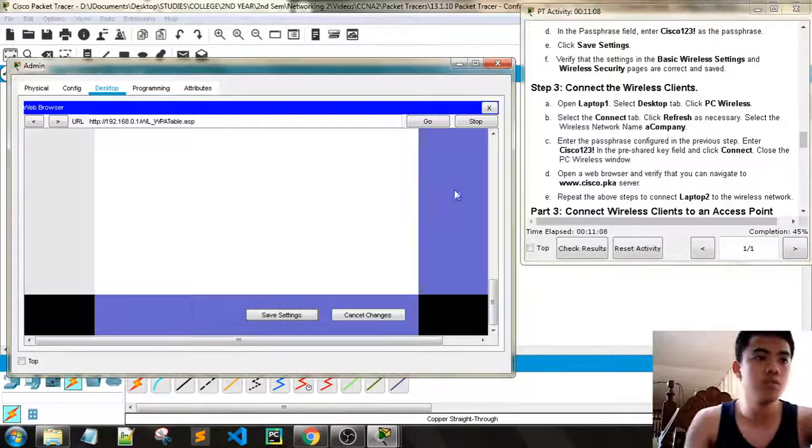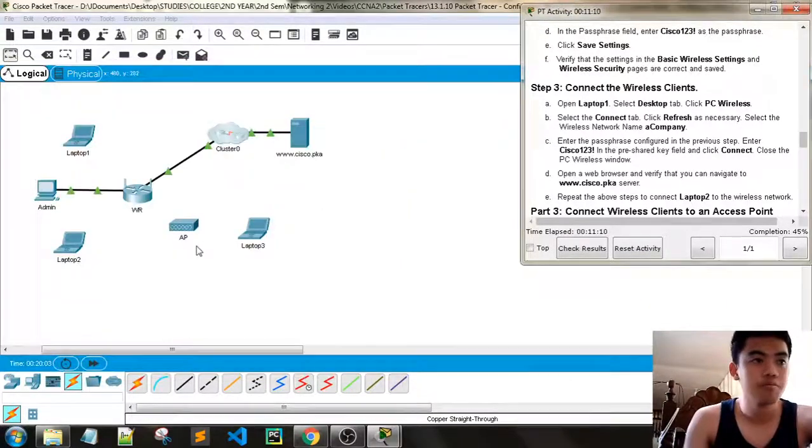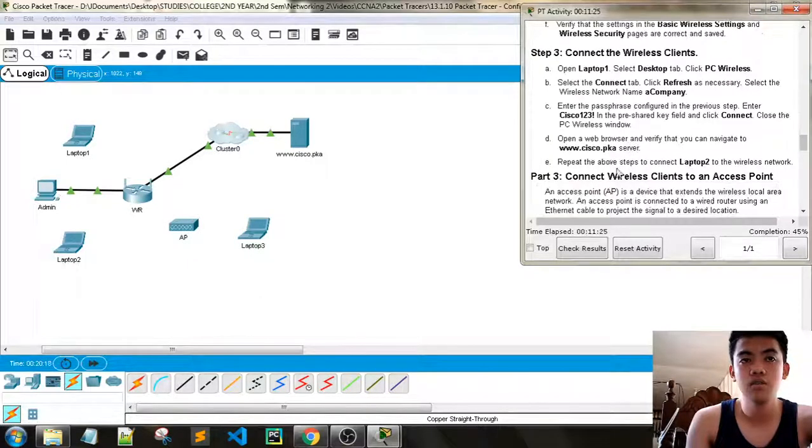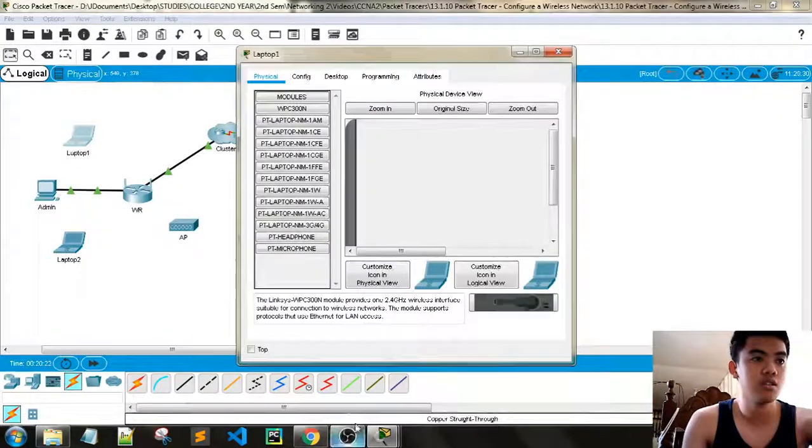Okay, connect the wireless clients. Open laptop 1. Select desktop, click PC wireless. Select the connect tab. Enter the passphrase. Click connect. Then open the web browser and verify that you can navigate. Okay. For step 1,